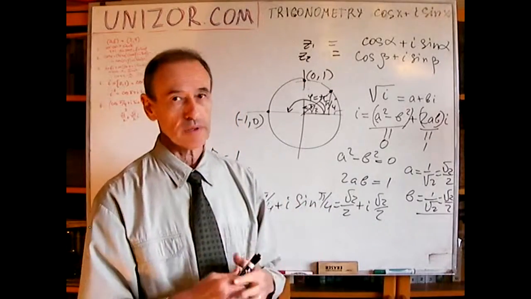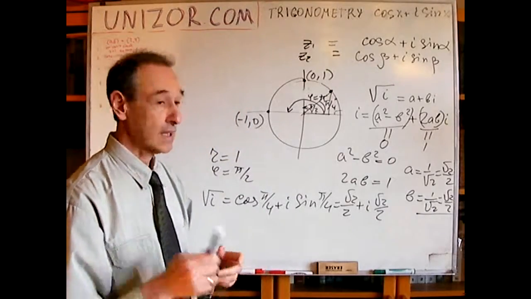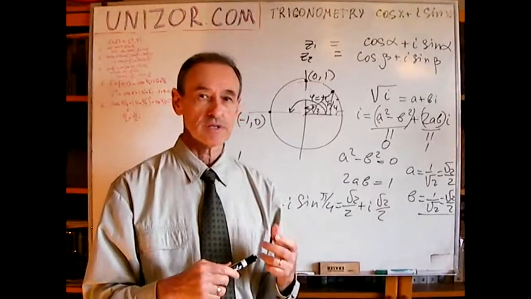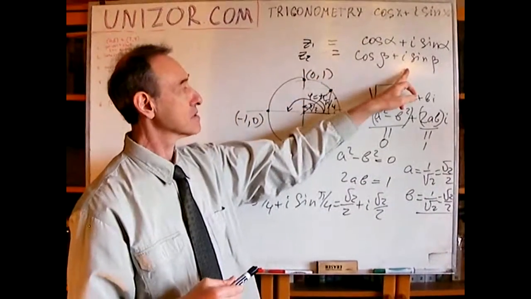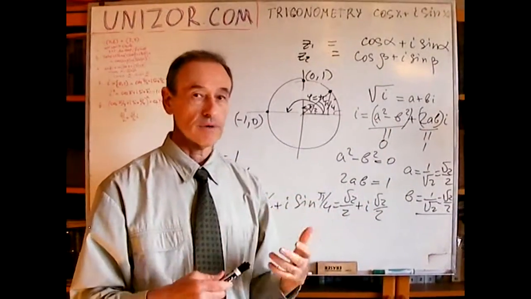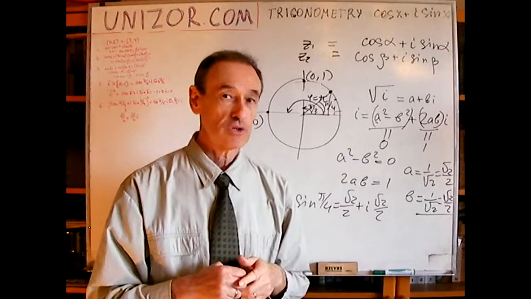I did talk about this, but I didn't really define it properly yet. But I did kind of hint that the properties of the complex numbers expressed in the trigonometric form are